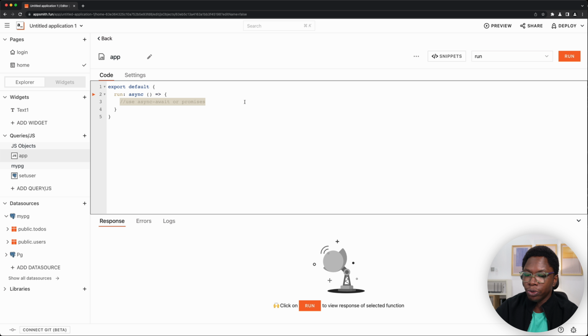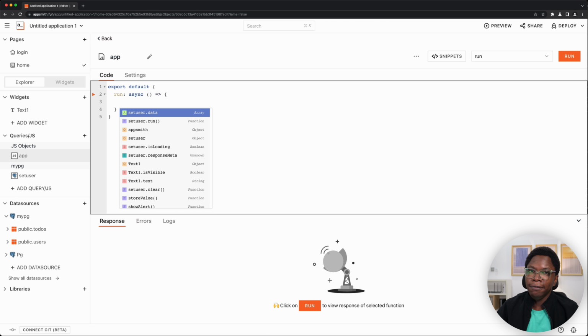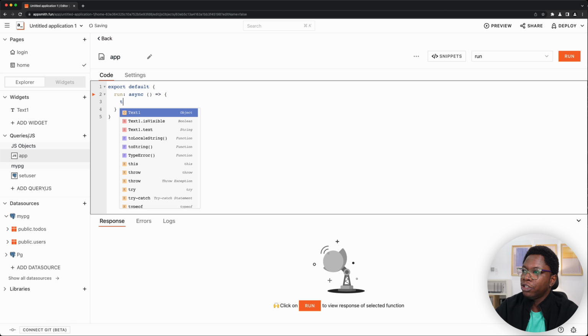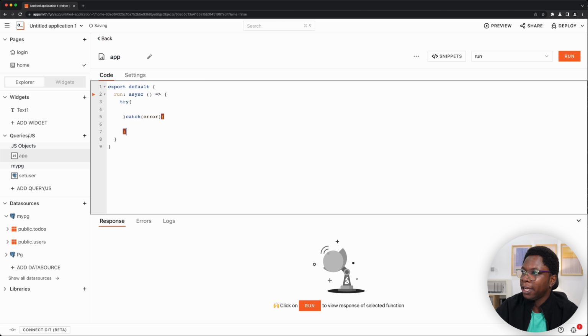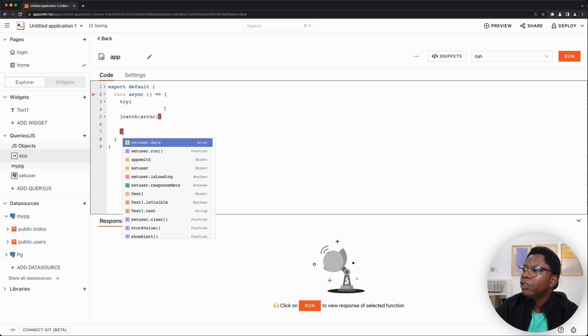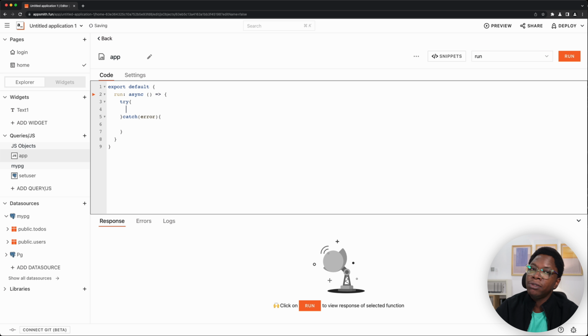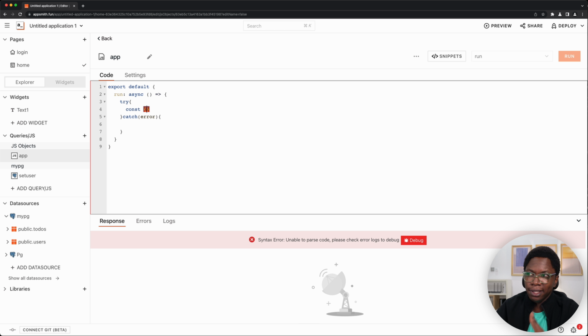And the first thing we want to do is try to figure out if the logged in user's JWT token is valid. Remember that we set an expiry for 1 hour. So let's figure out if the user's JWT session token is still valid. So we're going to use a try catch block here, and the first thing we want to do is try to decode the user's JWT. So this is going to be const email. We're going to just grab out the email if it's valid,